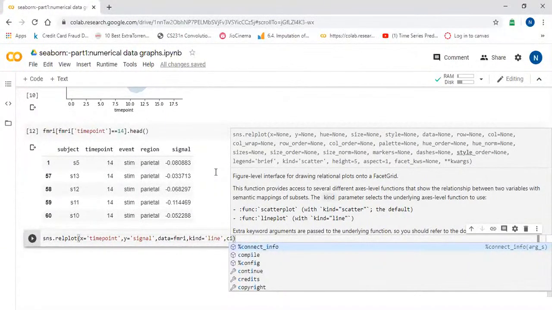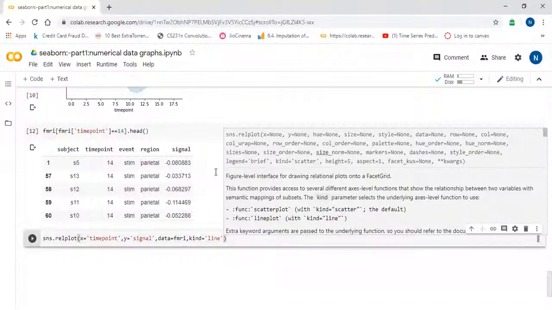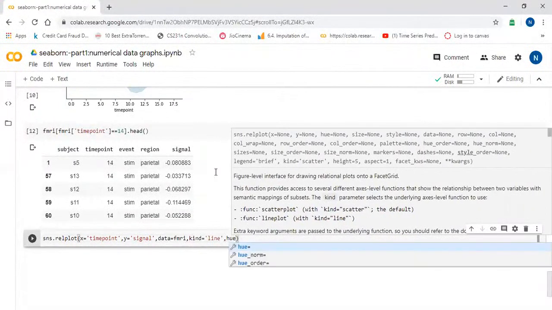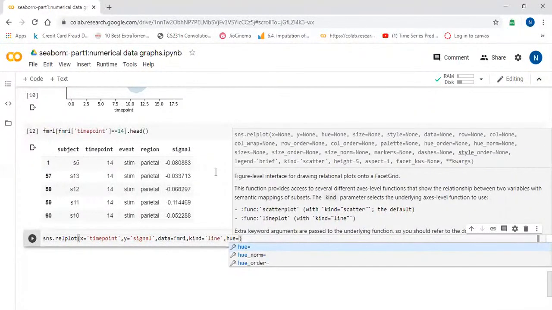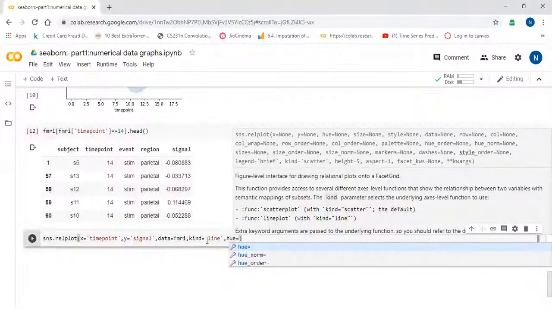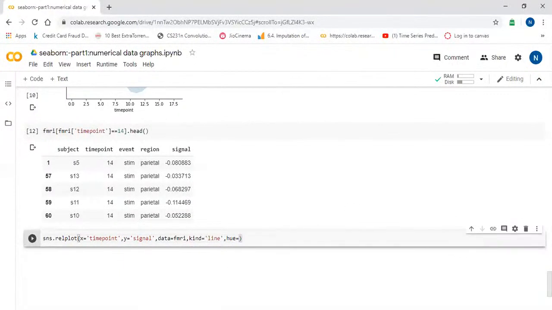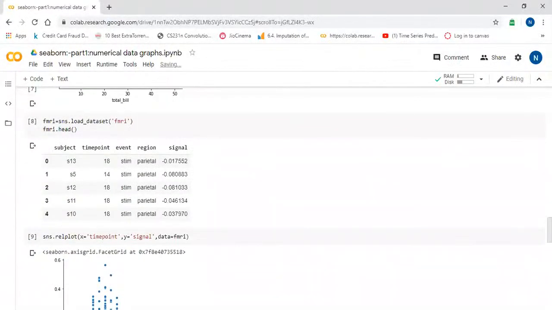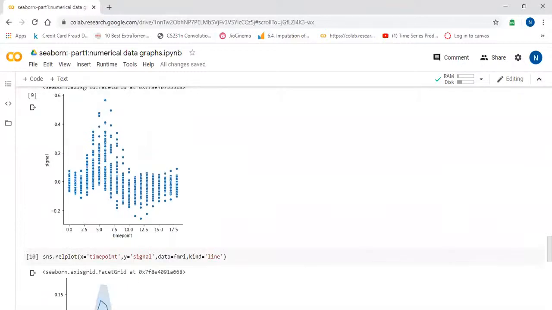Right now I do not find the CI plot in the relational. Kind is equal to this, and we can say u based on, just let me check the column names. U is based on, suppose I can say, the event.